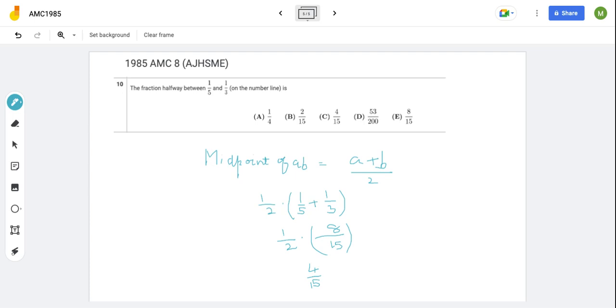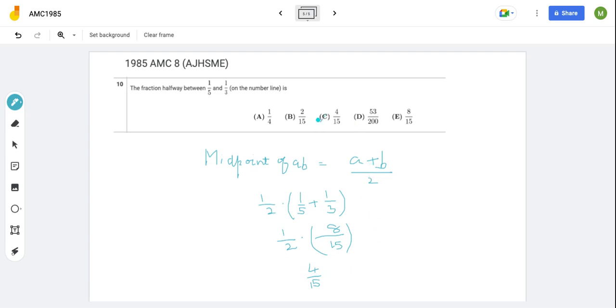Always remember to find the midpoint of any 2 points on your Cartesian plane. You will have the formula (a+b)/2 when a and b are the 2 points. So going by that, we are going to say it will be (1/5 + 1/3)/2, which is nothing but multiplying by half. So just solving that, you get half into 8/15, take an LCM of 15 and you get on the top 8. So your answer is going to be 4/15, okay,